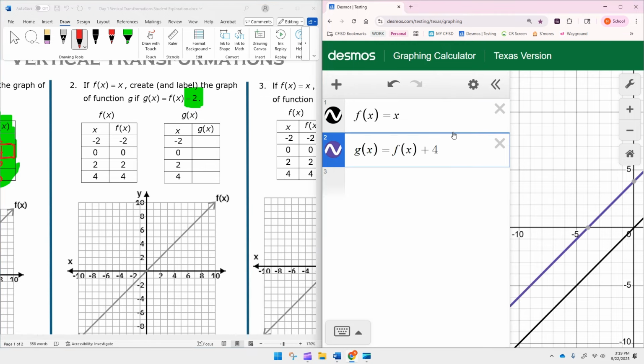So now, instead of being plus 4, we're going to subtract 2. And as you can see, that shifted our graph